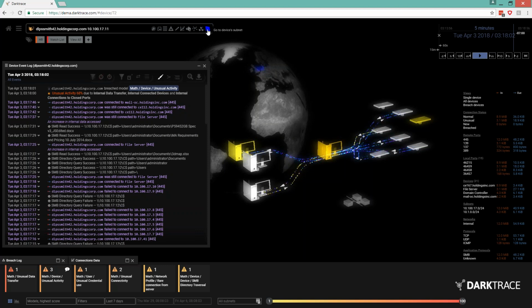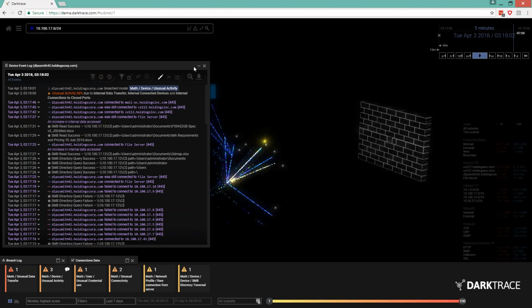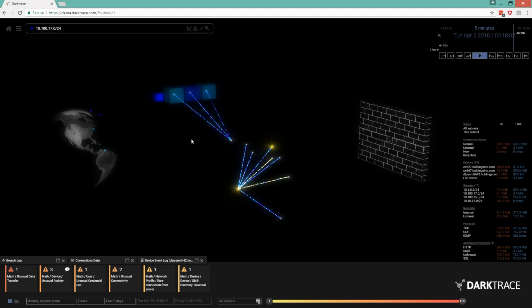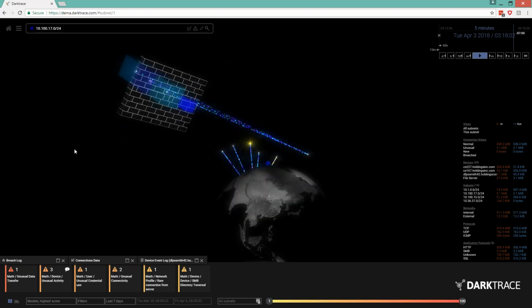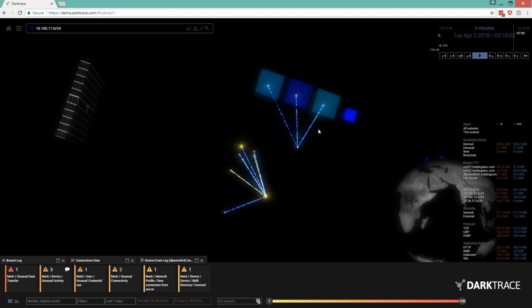The last thing that I wanted to go to briefly is what we refer to as our subnet view. Go ahead and close that. In a normal environment, outside of this demo environment, we would potentially see a significant number of these cubes in this huge array. And what's interesting about that is each one of these cubes, again, represents a subnet. And in some environments, say for some clients that we work with that have PCI information or HIPAA information, as I spin this around here, they have very specific needs around segregating servers and subnets that may contain or be the storage house for very important EPHI or PII, MPI, the types of data that you just don't want your everyday user to have access to, or even to have just direct access from the internet, right, without some sort